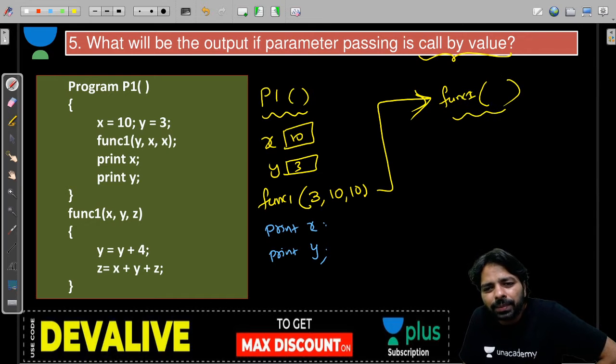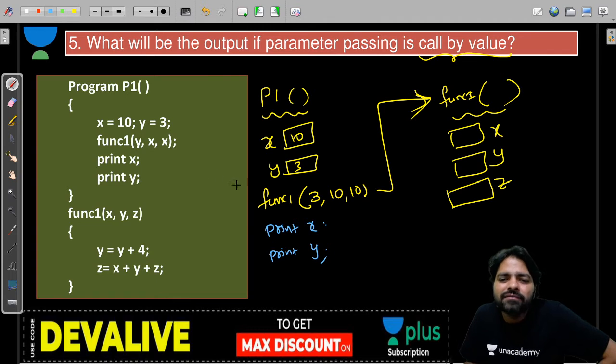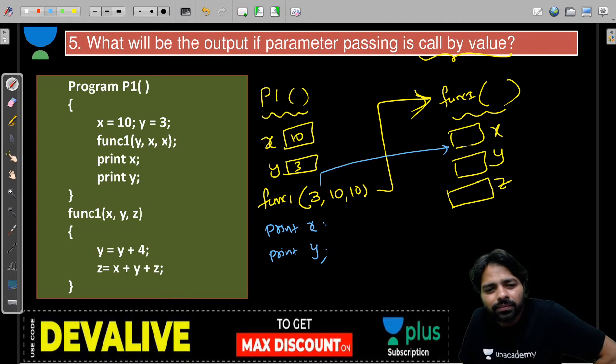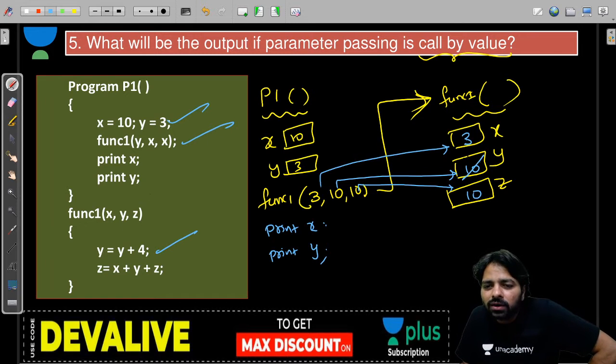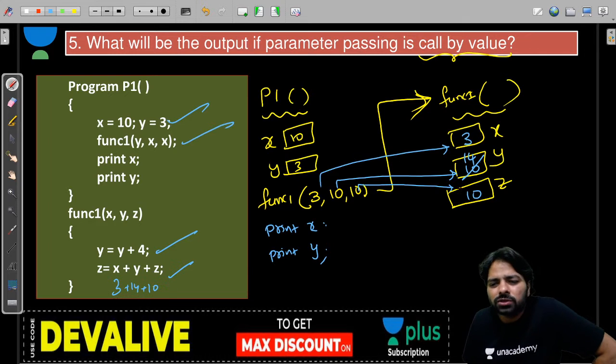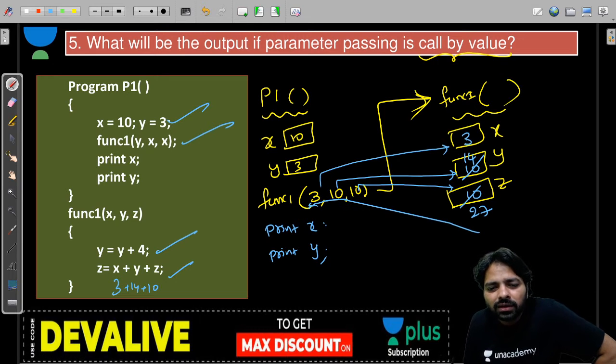फंक, यहां पर x है, y है, z है। गाइस दिस इज कॉल्ड बाय वैल्यू है ना, तो 3 पास होंगे सीधा और 10 पास होंगे, है ना, वैल्यूज पास होंगे यहां पर, तो एड्रेस पास नहीं होगा। तो व्हेन यू डू ये एग्जीक्यूट हुआ, ये एग्जीक्यूट हुआ हो रहा है अभी, y इज इक्वल y प्लस 4, 10 14 बनेगा एंड z इज इक्वल x प्लस y प्लस z, x मतलब 3, y 14, z 10, सो 17 प्लस 10 27 z में होगा। जब फिर वापस आते हैं x y सेम रहेगा ना, आउटपुट इज जस्ट x मतलब 10, y मतलब 3।